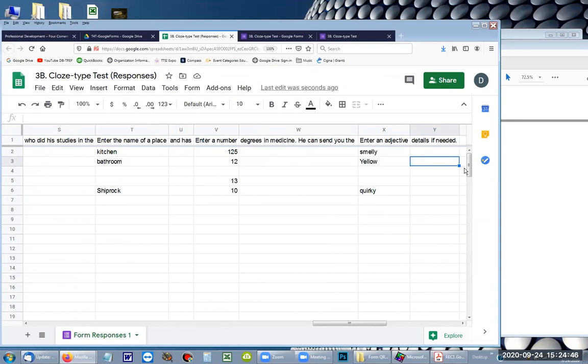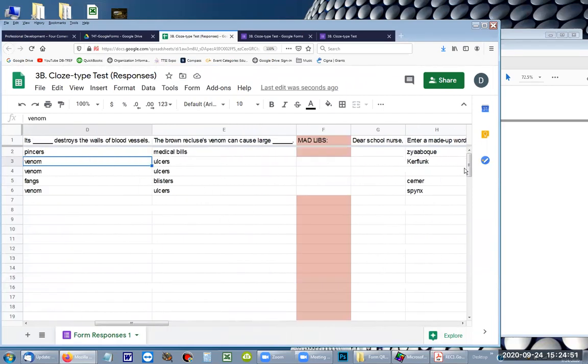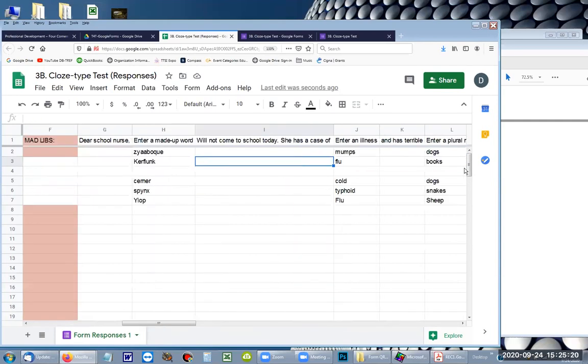Now, how did I add all that extra text in there? Because the spreadsheet that is automatically created is only going to have the questions and the responses, but I wanted to add in a lot of other text. So like if you've got any kind of a closed passage, all you're going to get is what are the individual words that were submitted in response to the blanks in the text. So it's not really going to make much sense. So I needed to add in all the extra words, and it turns out it's very easy to do in